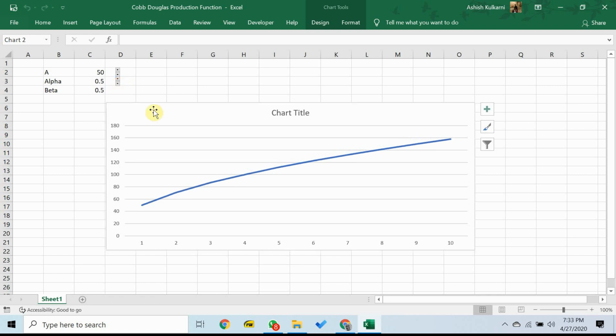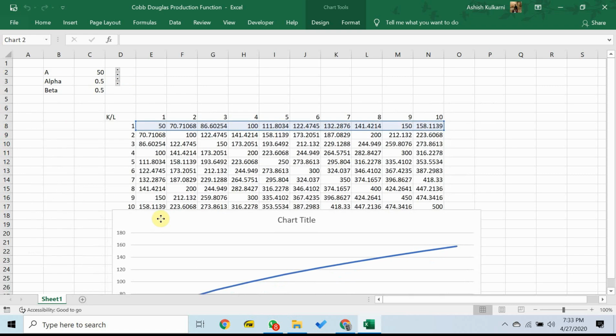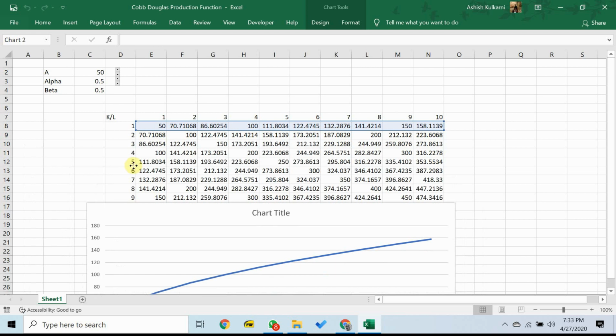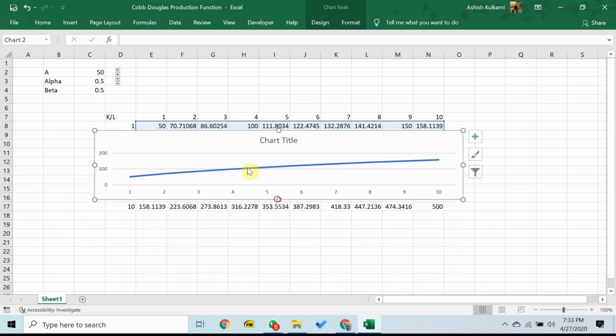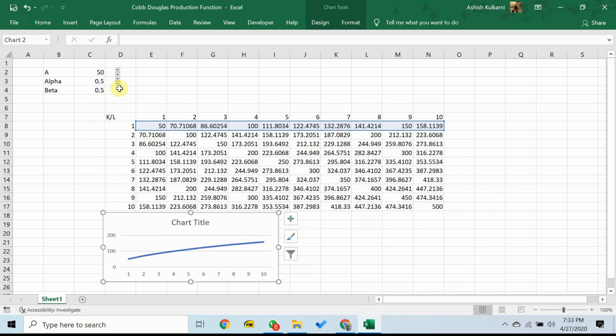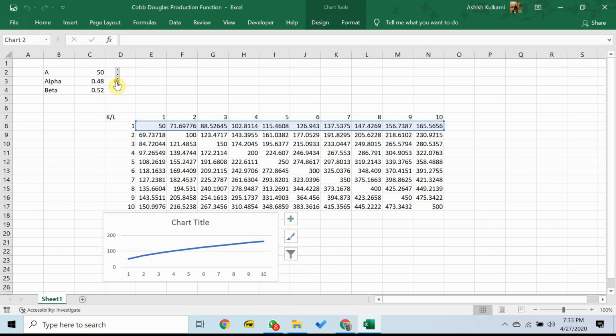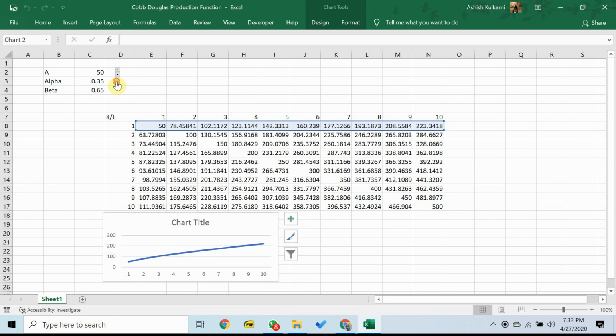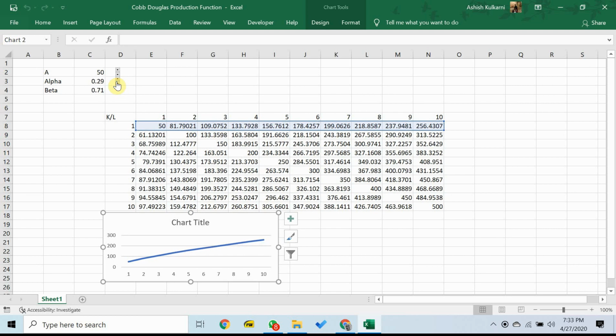If you want your end users to see both the table as well as the chart, that also is of course entirely possible. Let's try and scale this chart down just a little bit and put it over here. Right? So you can see the changing values in the table, you can see the changing values in the chart, which is exactly what we wanted. So now we have a Cobb-Douglas production function that has been built using nothing more than Microsoft Excel. We have an associated chart. That chart is dynamic.